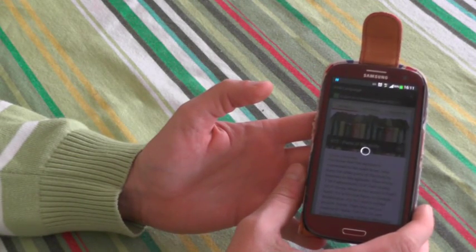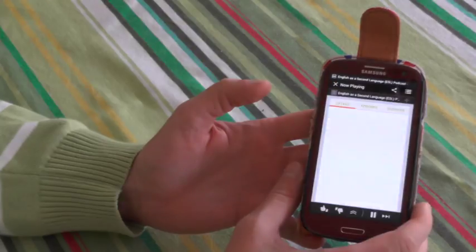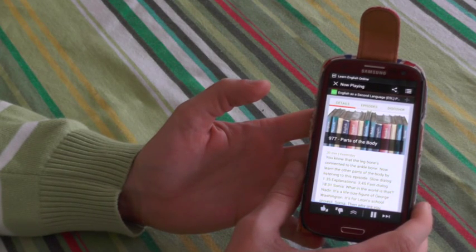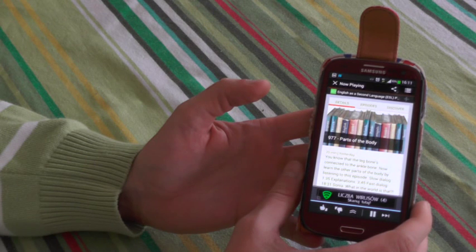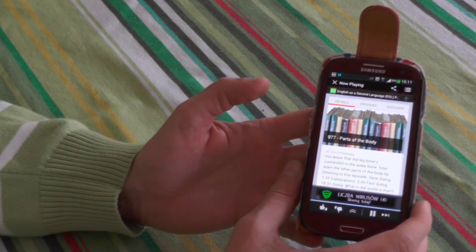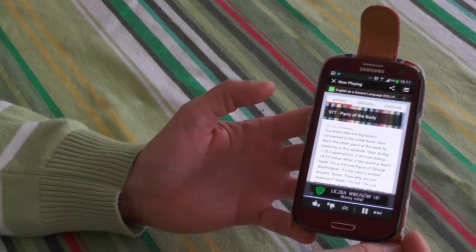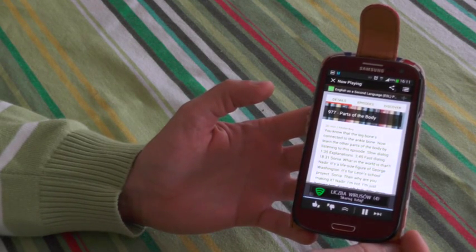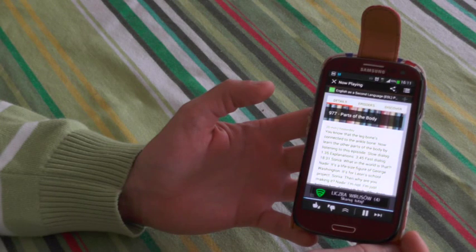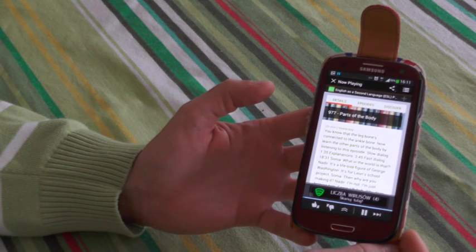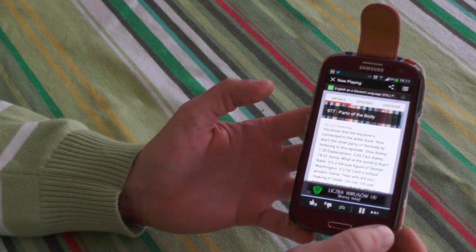It is recorded in a very slow, very clear way, albeit with an American accent, but still I think it is very useful for learners of English. So this is what you could listen to every morning on your way to work, on your way to school, wherever you have some time. You cannot read, so you can listen. You can expand your listening comprehension skills.